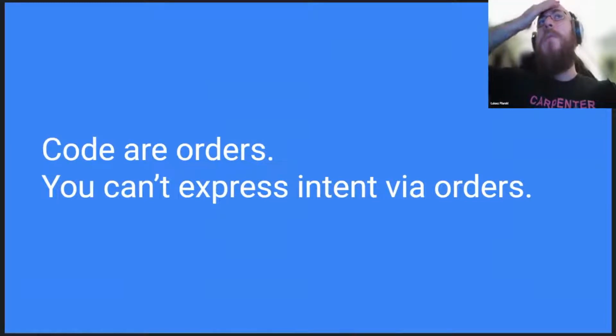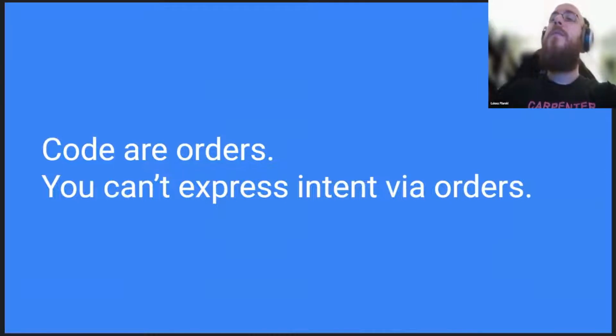Now, what's the problem here? Thing is, code is orders, and you can't really explain intent via orders. If you think about the military, for example, yes, soldiers have their orders, but there is also a thing called briefing and debriefing, because it's one thing to give orders to your people and say do this and do that, but sometimes it's important to know why. Yes, it's important to explain why this specific order was issued, why this specific person has to carry that order. So this is why we use comments, and this is, I would say, the prime example of why comments are actually good,